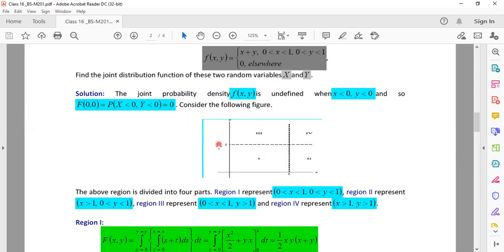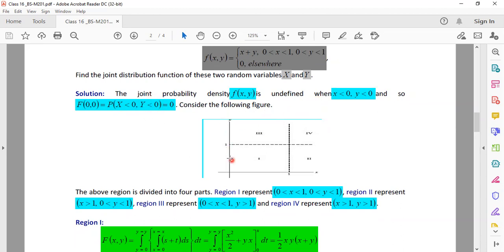So first of all, since in this particular quadrant 0, 0, the origin, is also a point, we are going to calculate the distribution function at the point 0, 0, because 0, 0 is part of my diagram. So we are putting x equal to 0 over here and y equal to 0 over there. And by the definition, it must be probability of x less than 0 jointly with y less than 0.